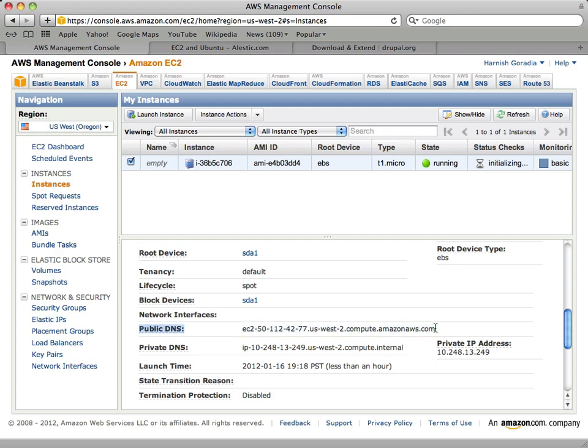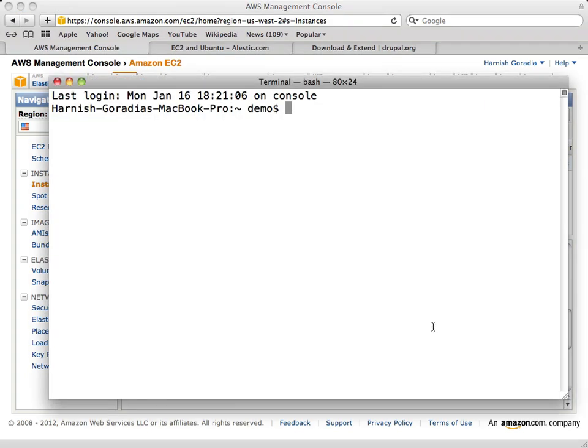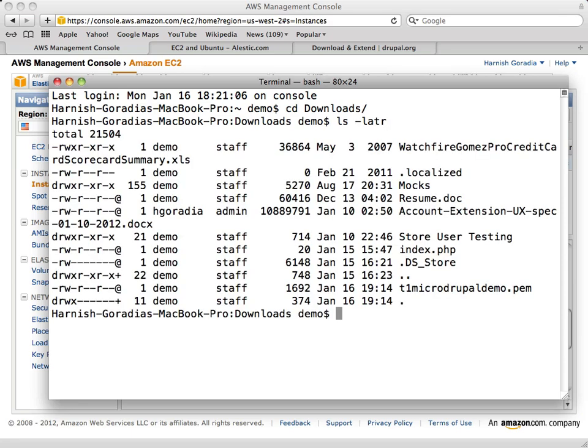So let's try to log into our machine. In order to log in, you remember we created a key? Do you remember what the name of the key was? Was it something like this? Mm-hmm. That's all good. See, I'll show you something. So SSH -i t1, and this is very important.